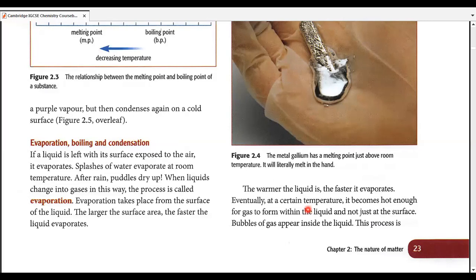In order to fasten up the whole process, we try to increase the temperature. We do that by putting them in sun, because that way they are dried up quickly, right? So apart from temperature and surface area, which other factors are going to affect the rate of evaporation, or are going to make the rate of evaporation faster? Can you count a couple of factors more?